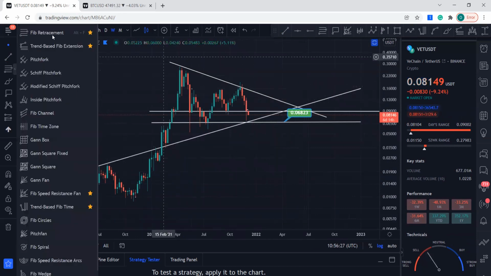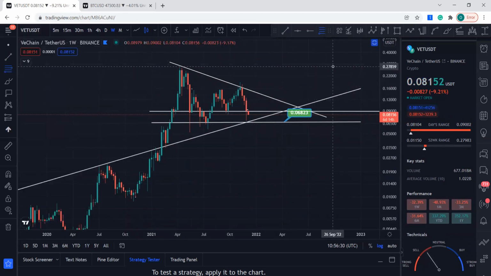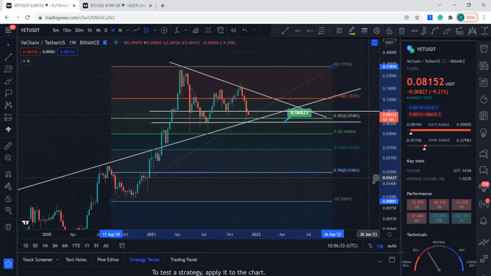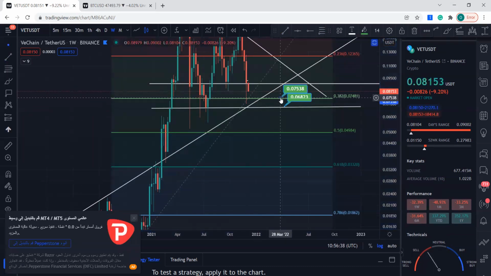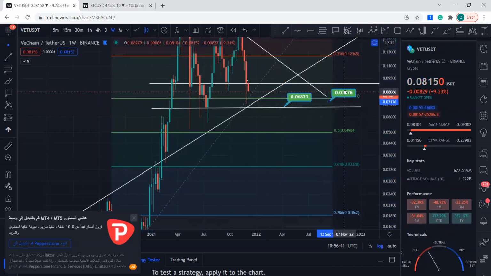And this level over here. So let me just mark it. Okay, so if it breaks this level, okay, which sits at around 0.07, let me just, okay, at this point, around 0.07481 cents. This is a crucial level. If it breaks this, support needs to come into play,